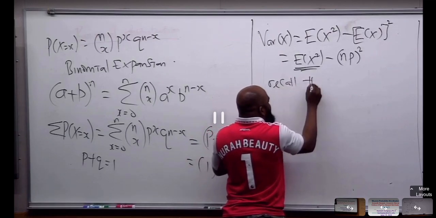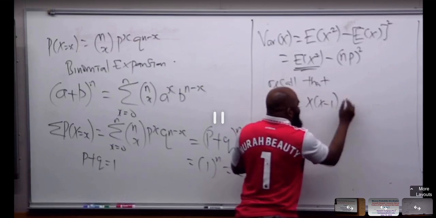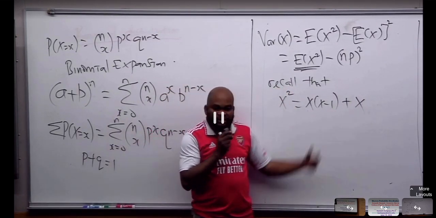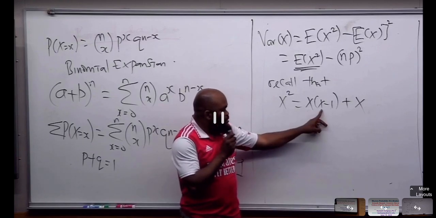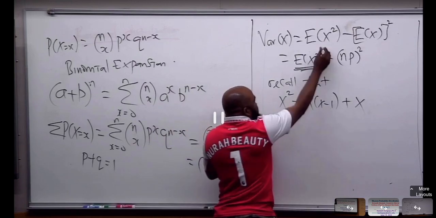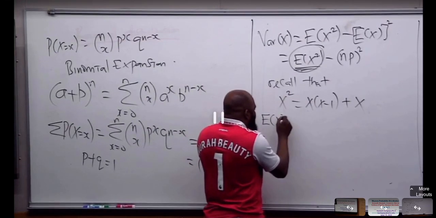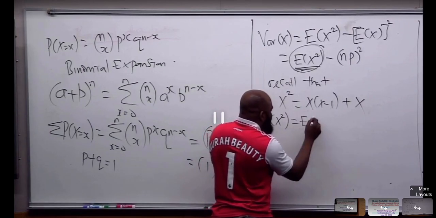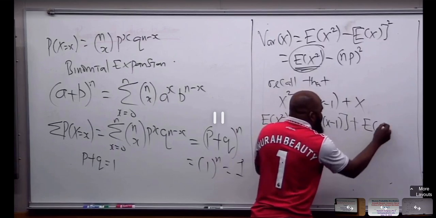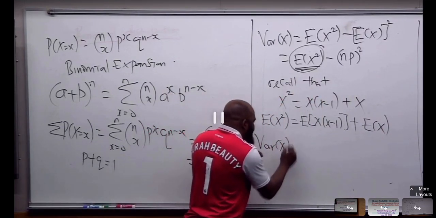Recall that S squared, you know that S squared is the same thing as this, right? That's going to be S squared, right? Now, we want to figure out this guy. Expected value, or if I introduce expectation now, it's going to be this. Right? Now, the variance of X now,